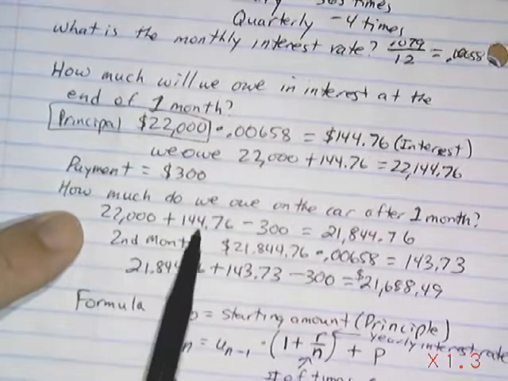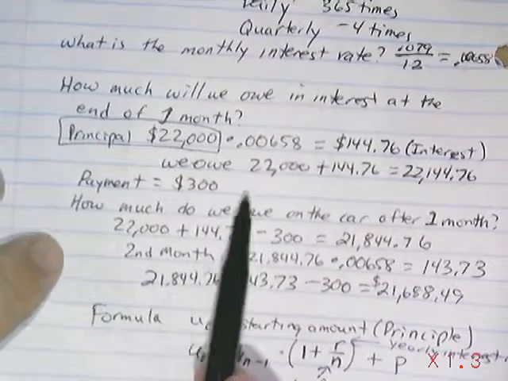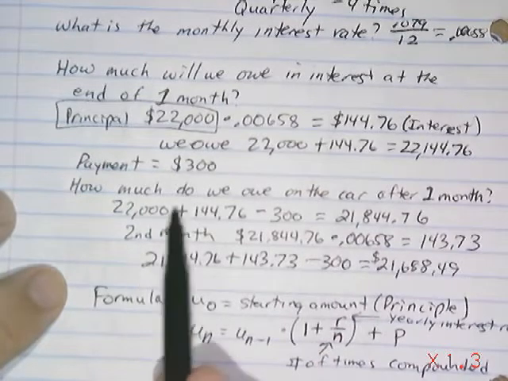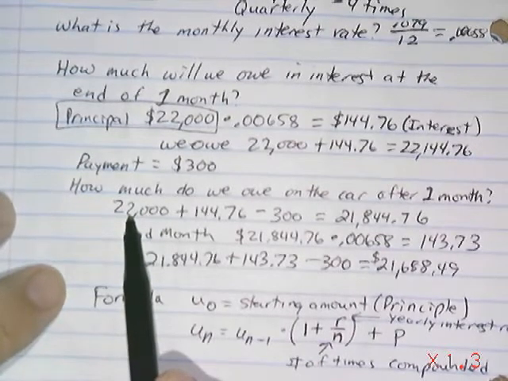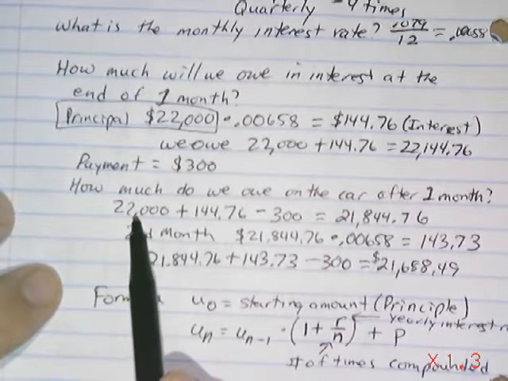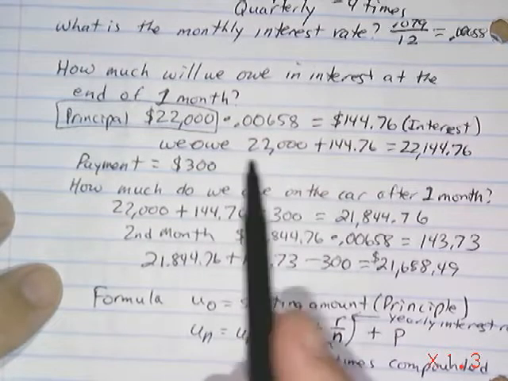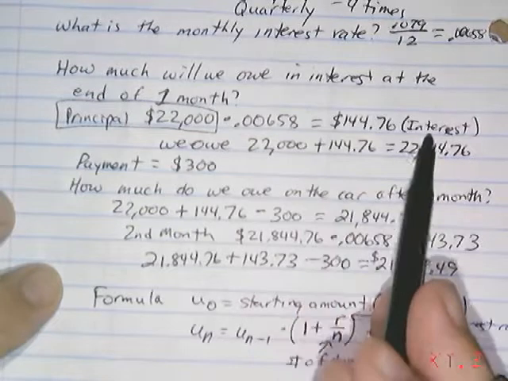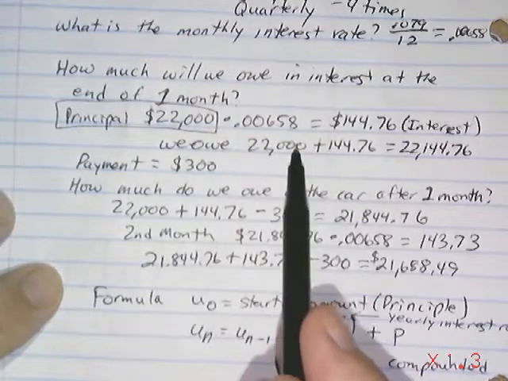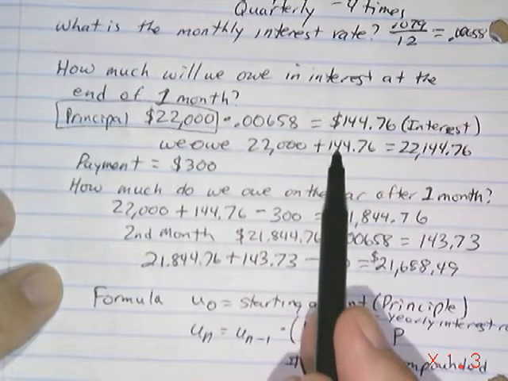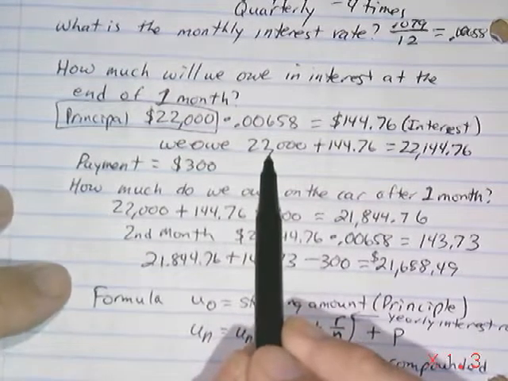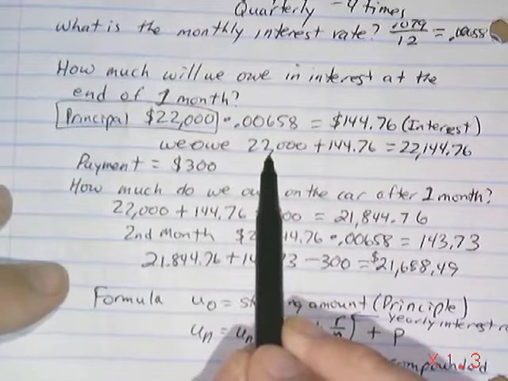The last time when we talked about the car, we were subtracting. That's because it was a payment, and we want our loan amount to go down. We want an investment amount to go up. We're adding money each time. We're adding $100. So if I start there, to find what I'd have after the first period, and this is why we use u sub 0, because we haven't gained any interest when we put the 3,000 in, it would be 3,000